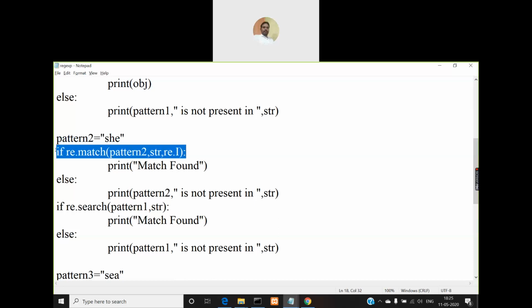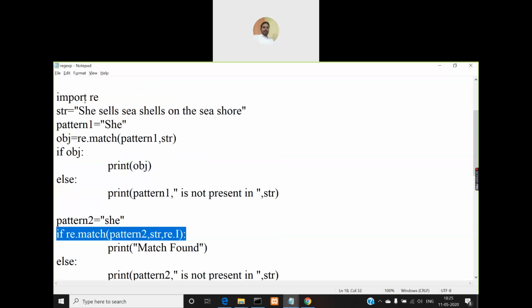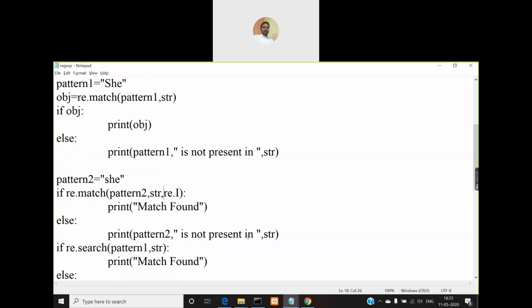If re dot match pattern 2, which I want to search for, in str, the same str string that we created at the beginning. Then after str, I'm passing one more additional third parameter. So that means the match function has multiple versions. So this time let us see the output.